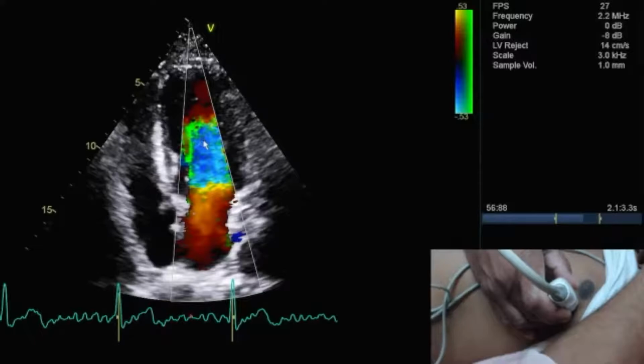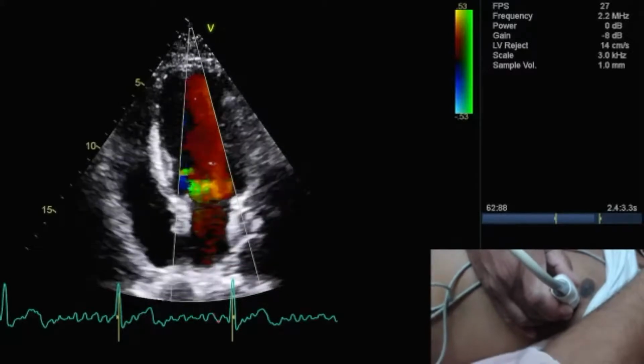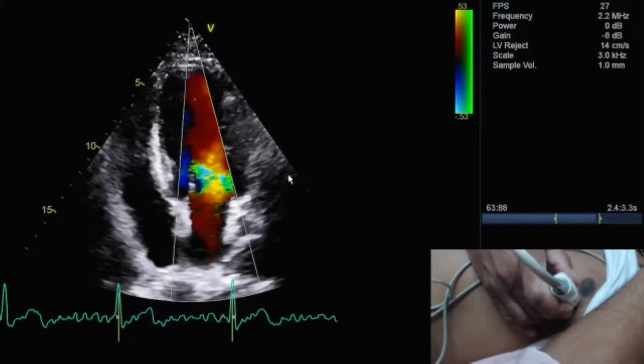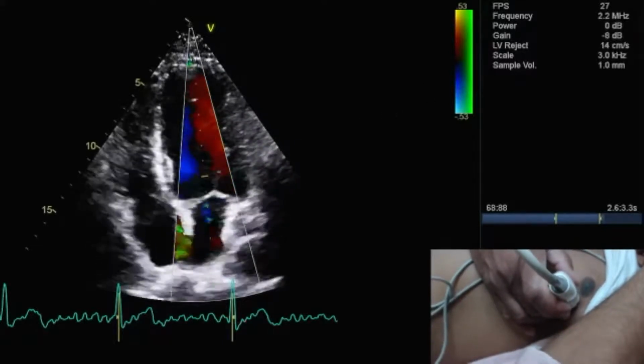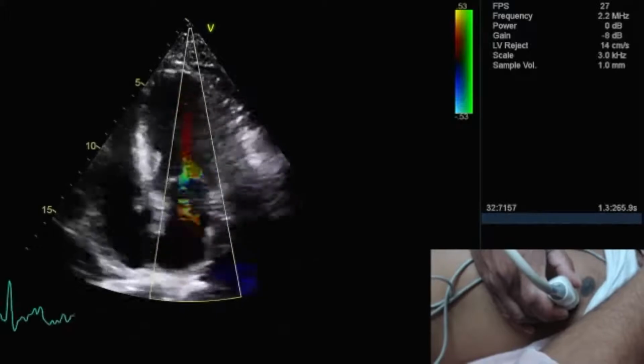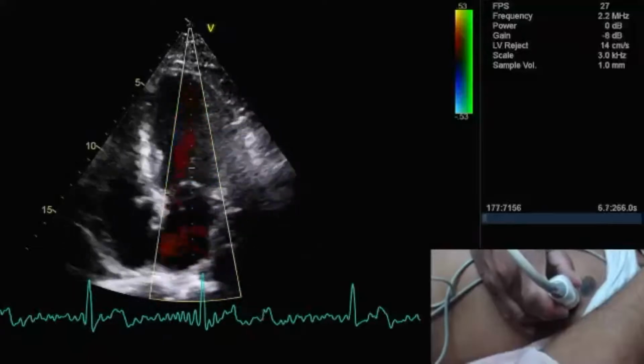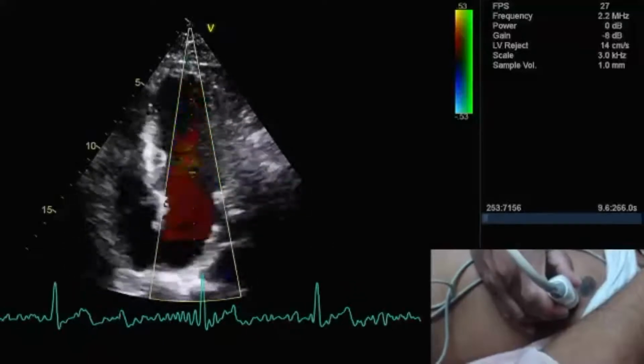It means if you are seeing red or blue colors, the velocity is more than 0.53 meters per second, because the other side velocity is blue or green. So the velocity has to be more than 0.53. But in the later part of this diastole, you're only seeing a red color, red and slightly blue-green, which means the velocity is less than the initial velocity. If I keep my sample volume over here and record my two dimensional image, color Doppler first. Why always color Doppler? It tells you where to keep the sample volume in the flow color line. We have to be as parallel to the blood flow as possible.